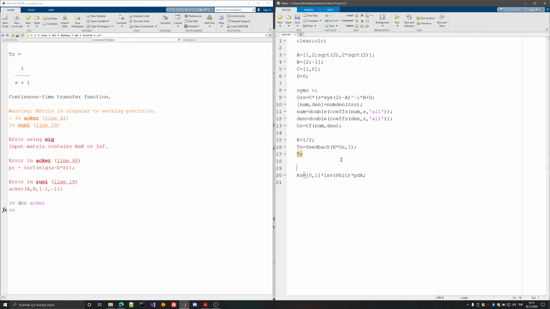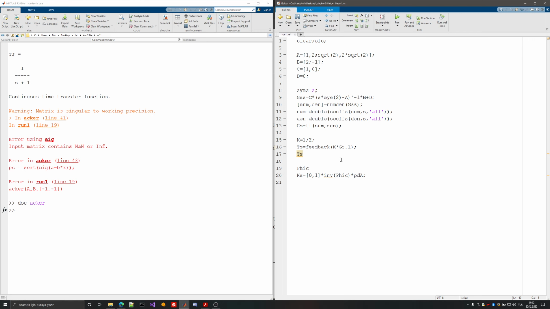So what this tells me is that we have a row vector of 0, 1, and this will change according to the degree of the plant. And then there's phi c inverse, which is basically the controllability matrix, and we will see what that is. And then we have PDA, which is basically the linear combination of the matrix A, but this linear combination comes from the